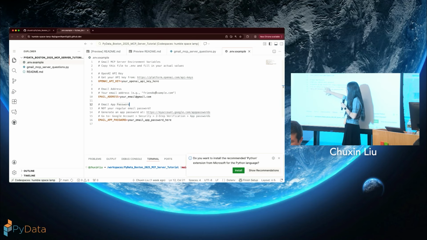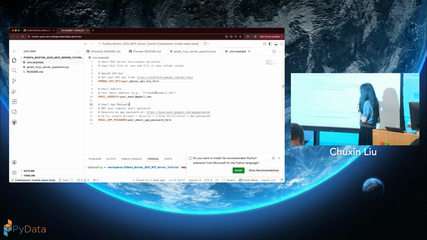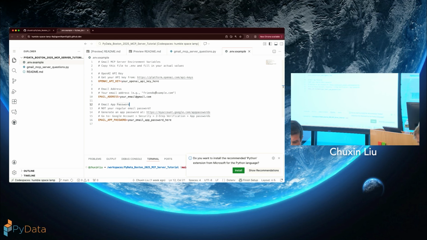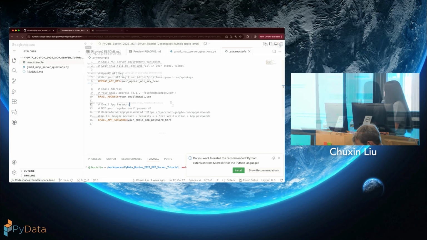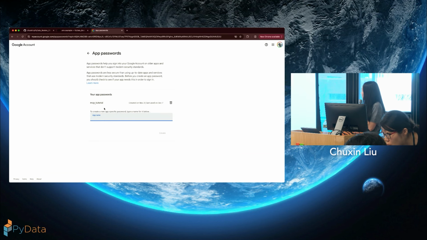It is an application password from this website. So now please go to this website, myaccount.google.com, app passwords. I'm going to show you guys how to do this. Hold on. So once you're here, I already created an application.